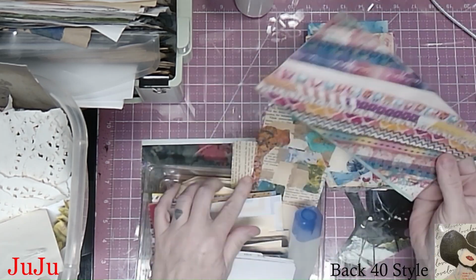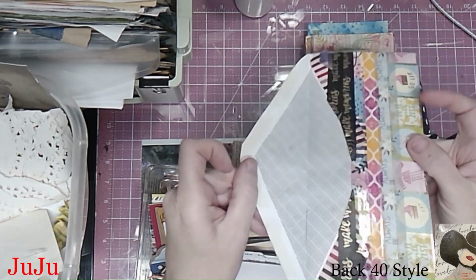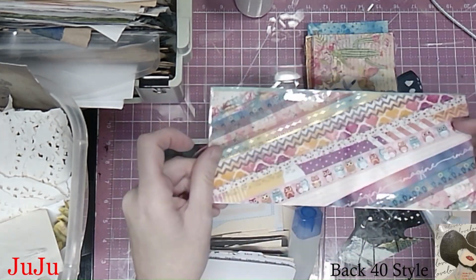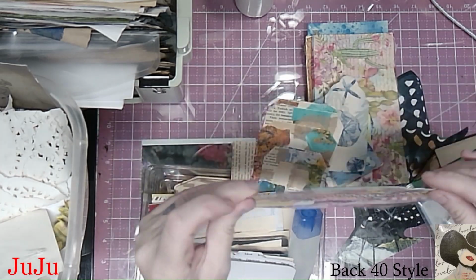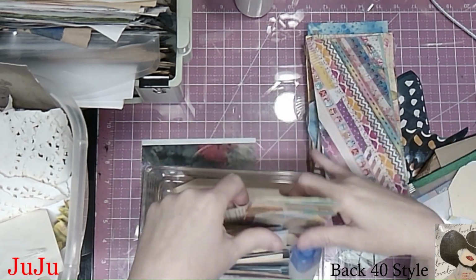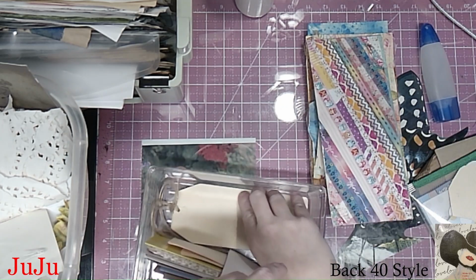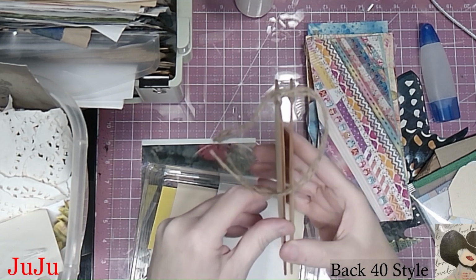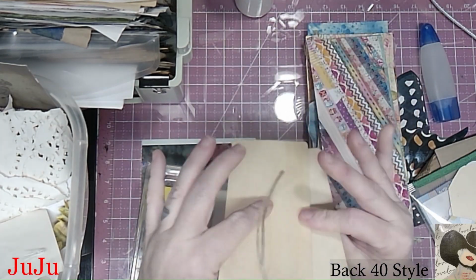Okay, this is an envelope that I just put, it's a junk mail envelope, and I just put all the different washi tapes on it. You know, I'm gonna try to use up some of that washi tape too. All right, I left these alone. This came in some Happy Mail from Marty, I think. But it's some